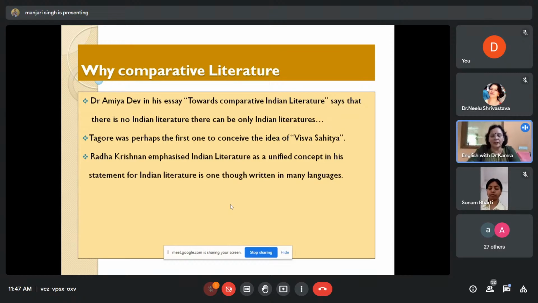Whatever content you have on this slide is particularly in relation to India. That is, we want comparative literature. If we want it, then do we Indians really need it? I'm talking about literatures: as readers of literature, do we really need comparative literature? If so, what would be the profit?